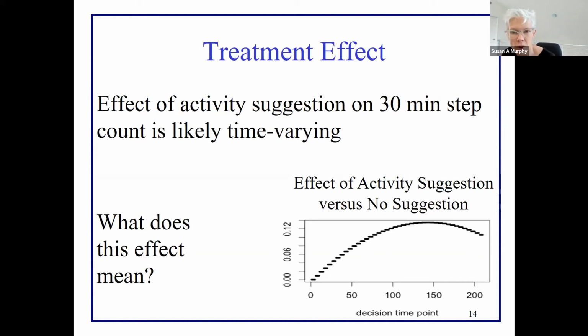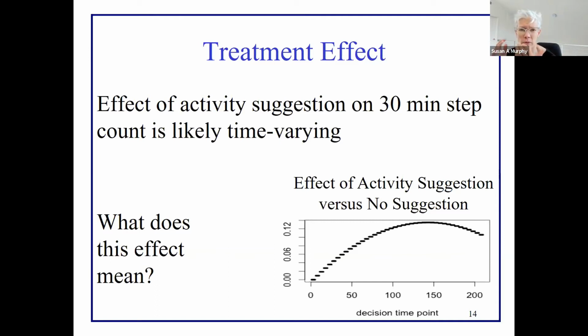There's another reason why this curve might turn down. Remember, you only could get randomized. We'd only discover whether or not you were more responsive if you got a message versus if you didn't get a message, if you're currently available. And people who are currently walking are not available. So at the beginning of the study, near time 0, these are all sedentary people. They're pretty much all available, unless they're driving, and I'll ignore that. They're all available.